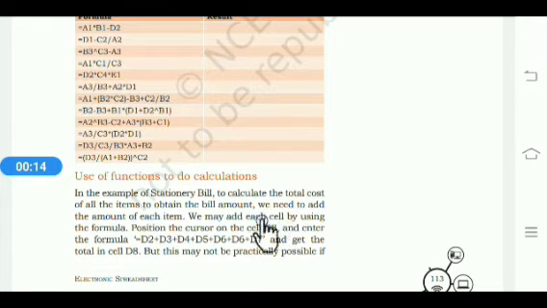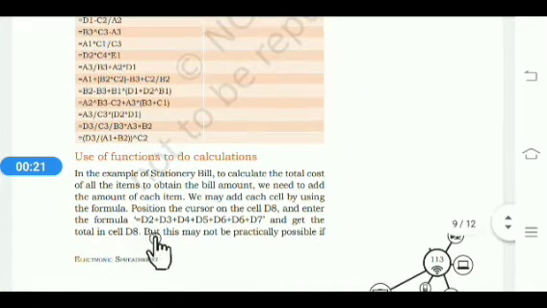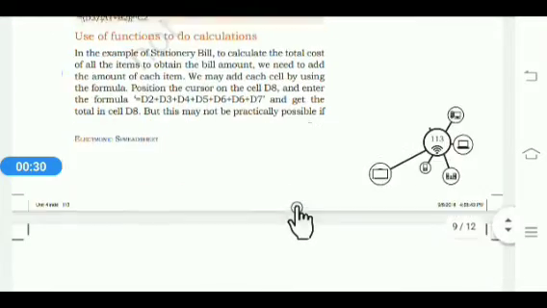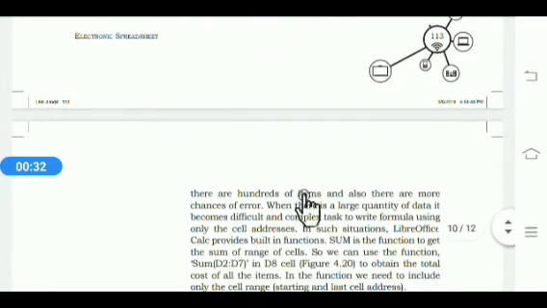We may add each cell by using the formula equal to D2 plus D3 plus D4, D5 up to D7, and get the total in cell D8. But this may not be practically possible if there are hundreds of items, and also there are more chances of error.